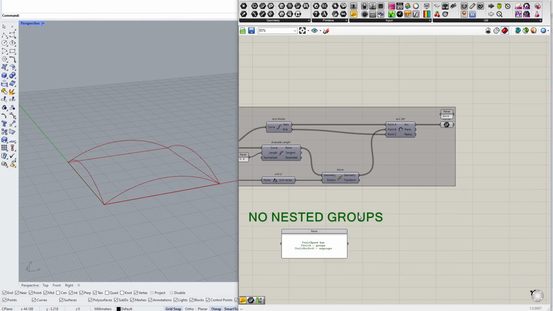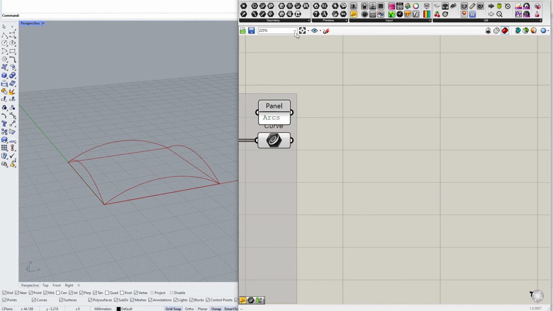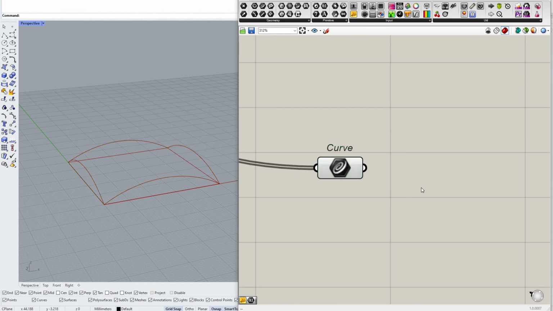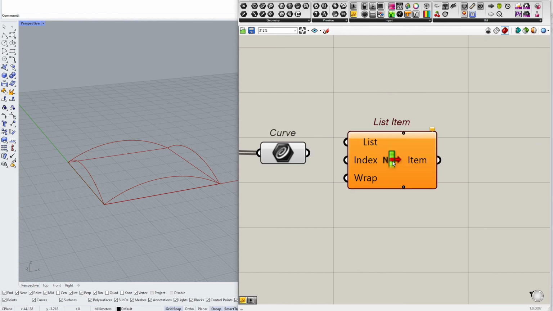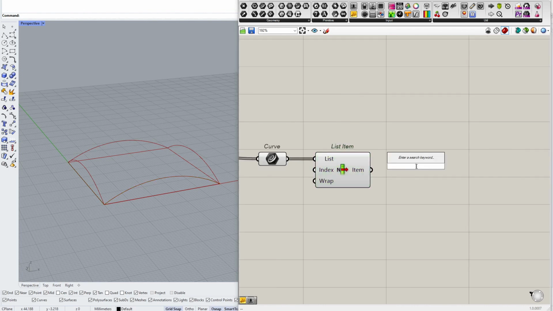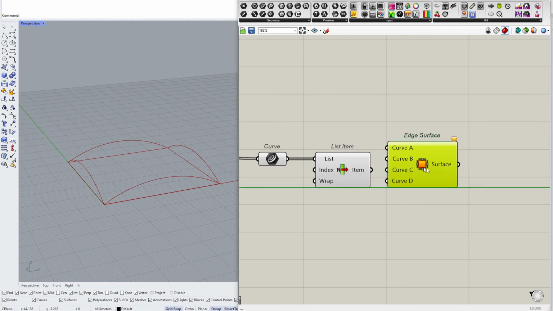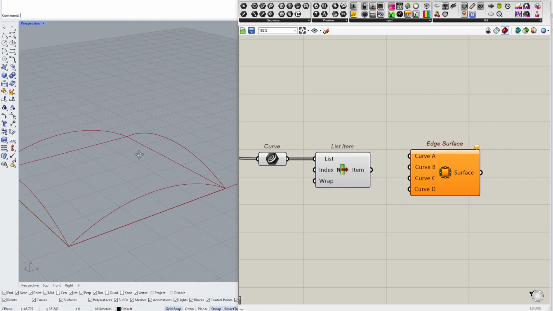Okay, now let's create a surface from those arcs. This one will not be tricky, but I will show you one component which is not in the scope of today's meeting, which is called list item. The reason why I will use this component is because I need to have a proper input to another component which is called edge surface, which will allow me to create this nice